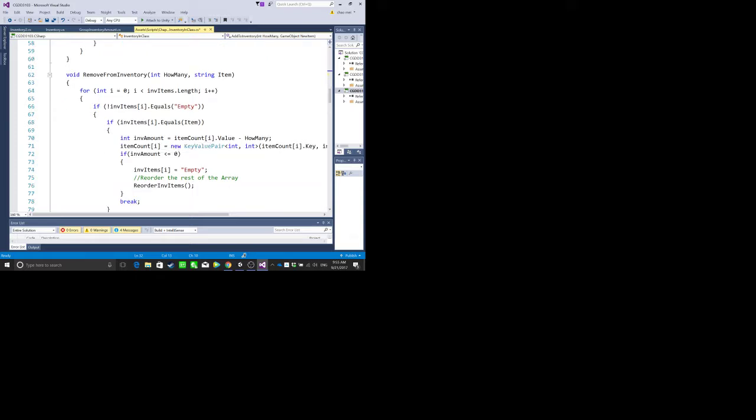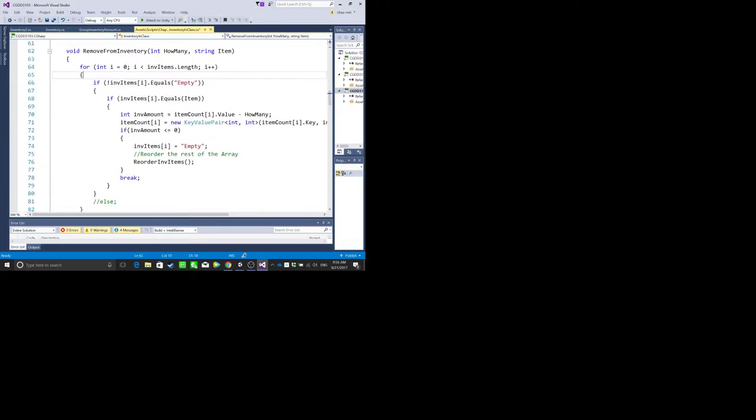Now let's see remove. When we call the remove function, we need to give the name of the object we want to remove, and the amount of the object we want to remove, and then we use this loop to go through the inventory items, and if we find that item here, inventory items I equals item, then we know